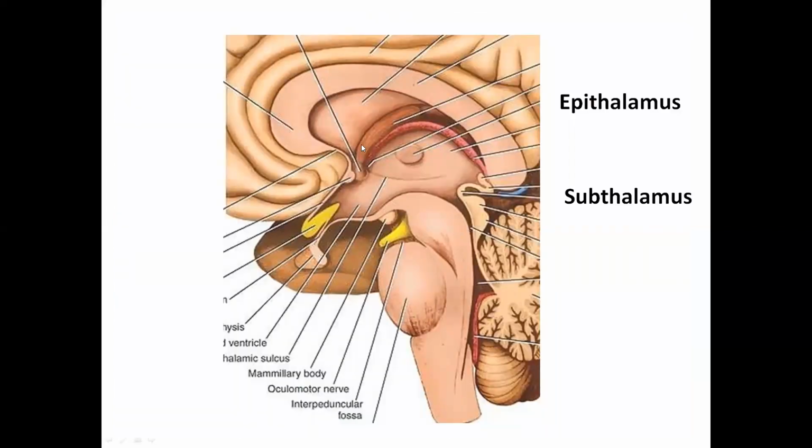This is another picture to show you the medial surface of the cerebrum, mainly the region of diencephalon. This arrow, what you see here, that is the region of pineal gland, the habenula nuclei, which belong to the epithalamus. So the epithalamus is involved in controlling sleep-wake cycle. This area just above the midbrain, that's the subthalamus. The subthalamus is a component of basal nuclei, which is involved in coordination of motor activity.